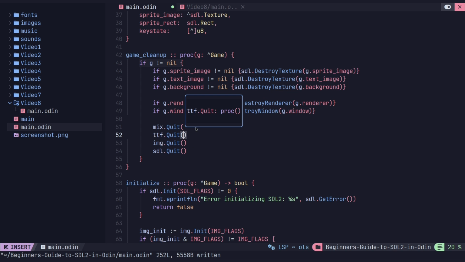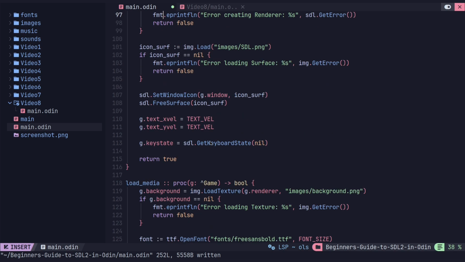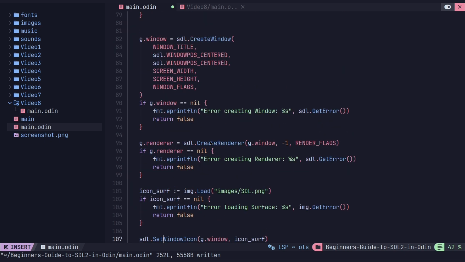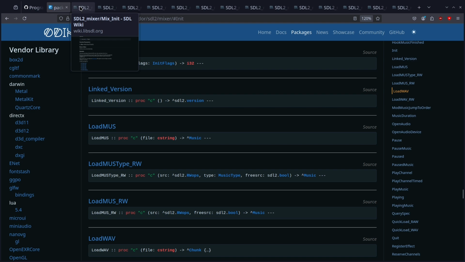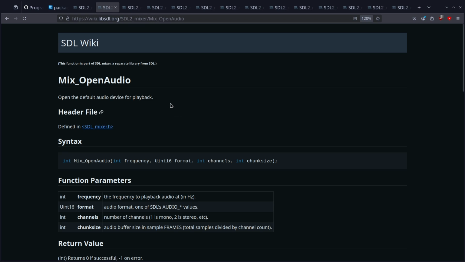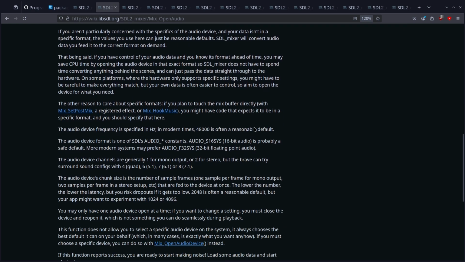Okay, so that should have been there, and this is what's closing down the mixer for us now. Okay, but this isn't going to get us everything that we need to get the mixer up and running. We actually need to open an audio. So we've initialized the mixer, but we haven't opened audio. So that's initialize mixer. Now here we have to open audio, and unfortunately there's some parts to this that are